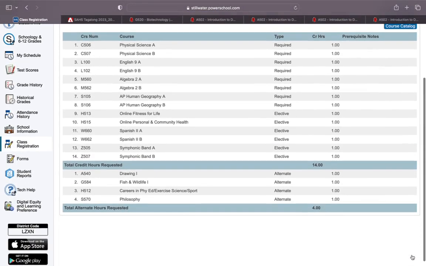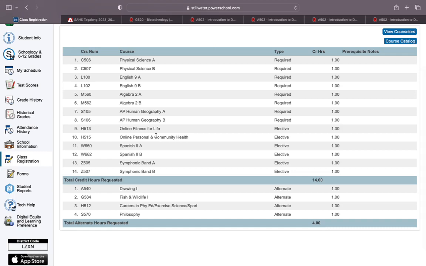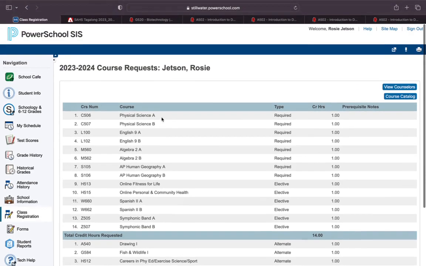what you have requested. So looking through these requests, this is what you are going to currently be scheduled for. And you're going to see your alternates here that you could be scheduled for. Now, let's say you want to go back in and change one of these. You can do this during our scheduling window anytime. You simply go back over here onto the PowerSchool left-hand menu, and you cruise through and you look at class